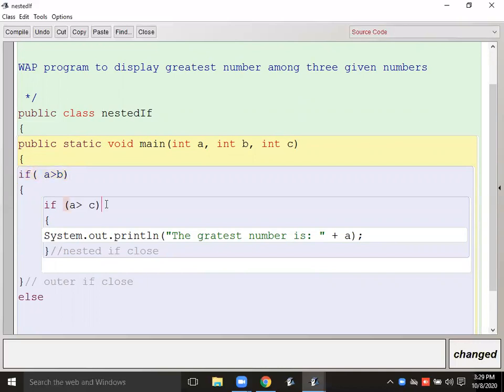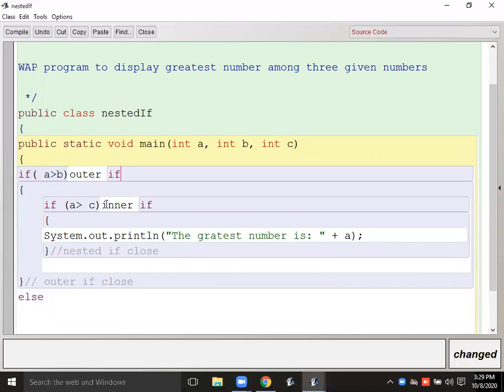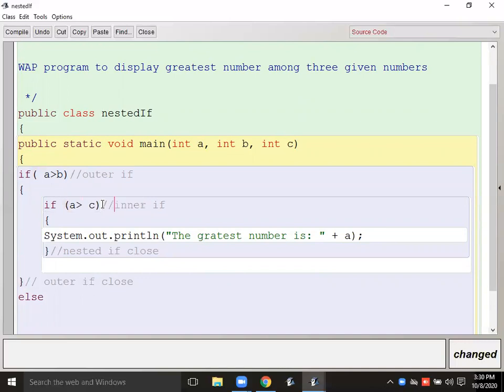This is your inner if. Okay, and this is your outer if. If the outer if is true, then only execution goes into the inner if, otherwise it will come to the else part.